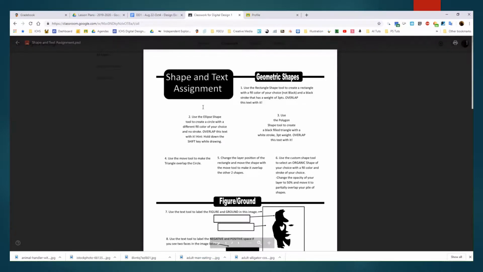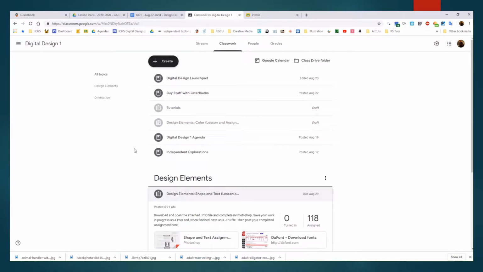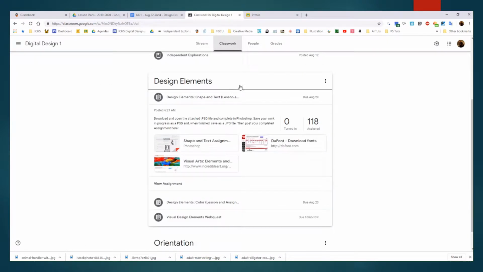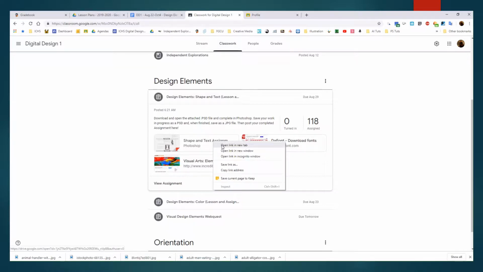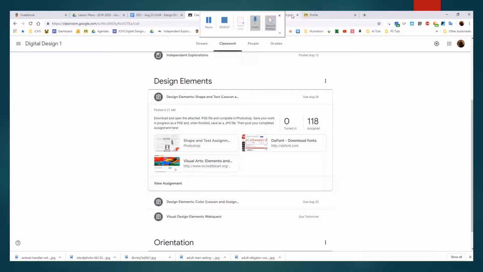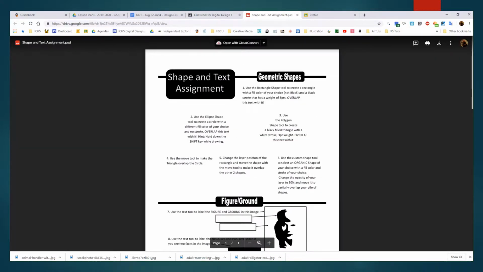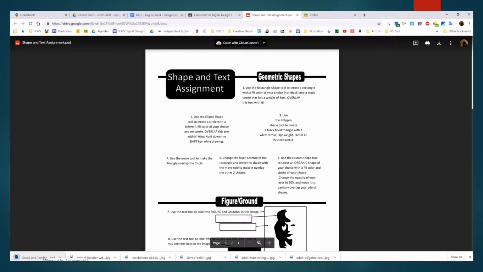is in Classroom. So we go back into Classroom, and you go into classwork and then expand this design elements window. Then if you go to shape and text assignment and right click it and go open link in new tab, you should see your file here, and we are going to download it now. So you're going to want to press this button up here in the upper right hand corner, and when we hit the download button, it's going to come up down here, and when you click it, it should open up